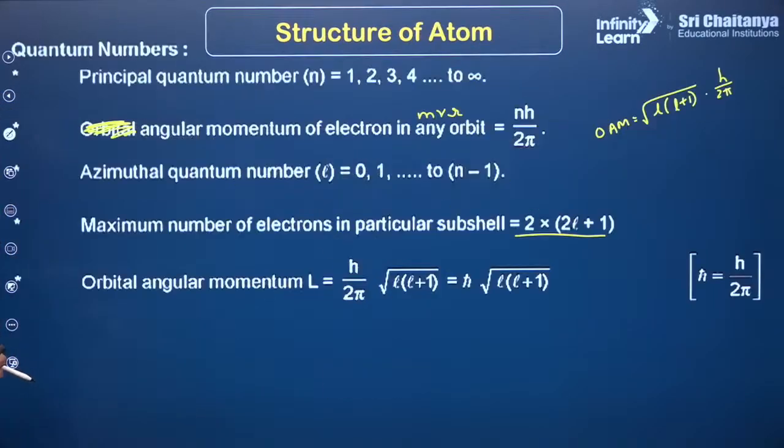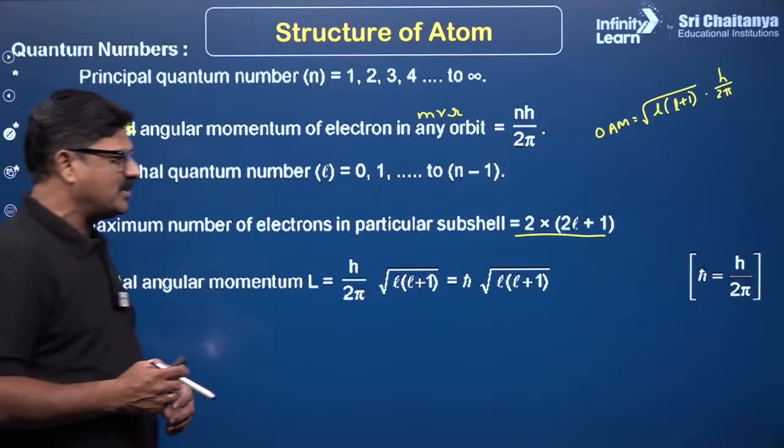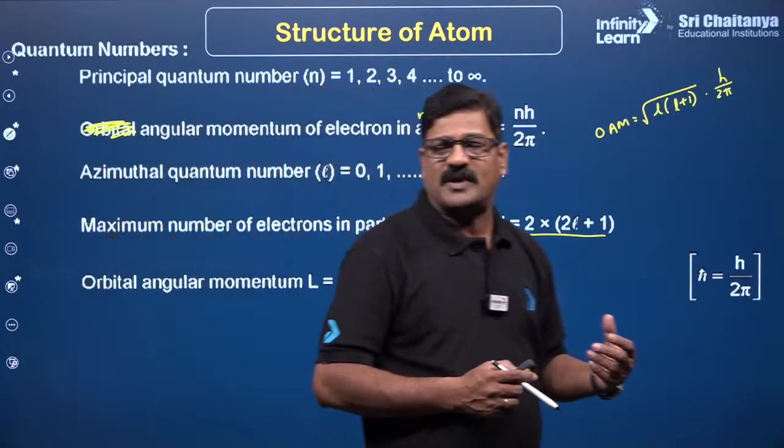And also you have the spin quantum number, it can have plus 1 by 2 or minus 1 by 2,